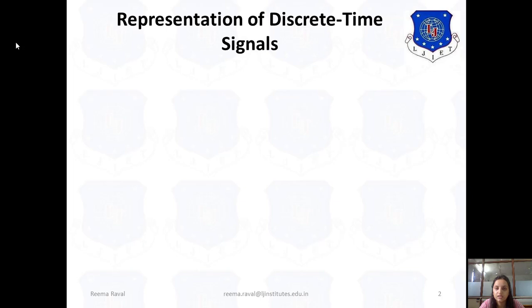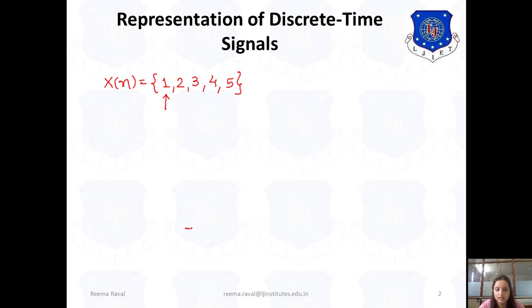Now we have seen in previous lectures that for continuous time signals we use the notation x of t, and for discrete time signals we use the notation x of n, right? So here we are using the signal x of n to indicate a discrete time signal. Okay, so for example, consider a discrete time signal having the values at particular time instants given as 1, 2, 3, 4 and 5. Here always remember that the arrow indicates the initial position or starting position of that particular function.